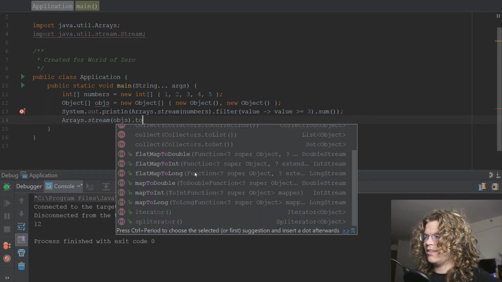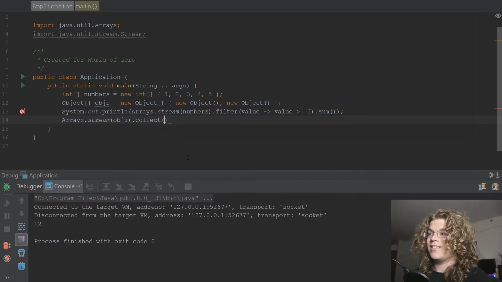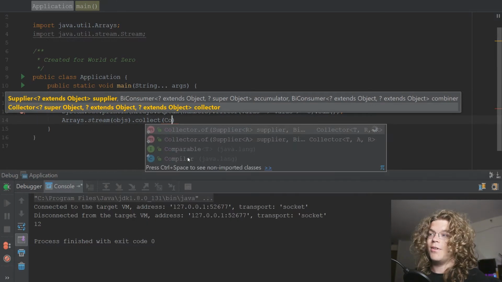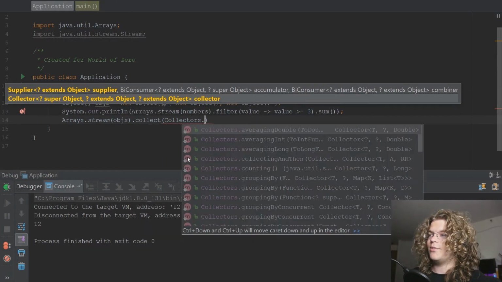So like I can create an array out of this. But if I want to build a list, you can actually see it's suggesting some of those things. So if I want to build a list or create a set or a collection or something like that, if I want to collect things, the way you do that is you use a collector. So the collector will actually be a set of a number of ways of actually collecting things. The easiest way to do this is to use the built-in Collectors